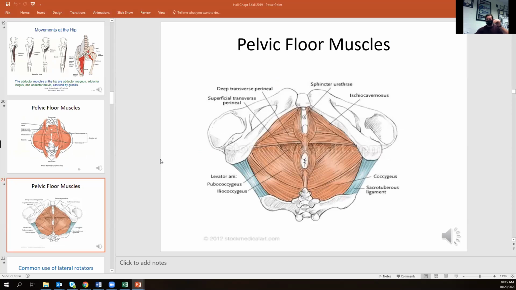So that was from the inside down. Now from the outside up, you can see that same thing. We have our pubococcygeus, iliococcygeus, and then our coccygeus, which are all